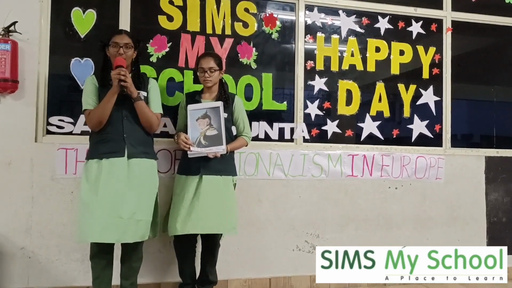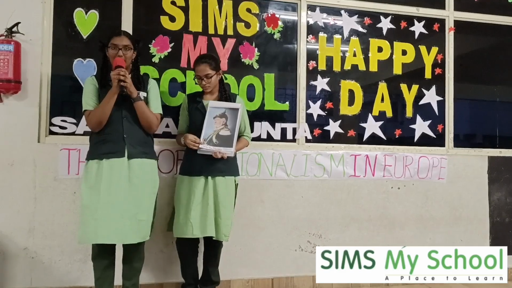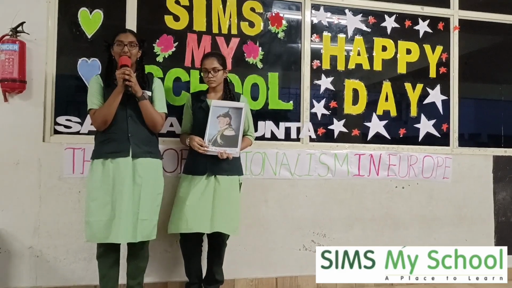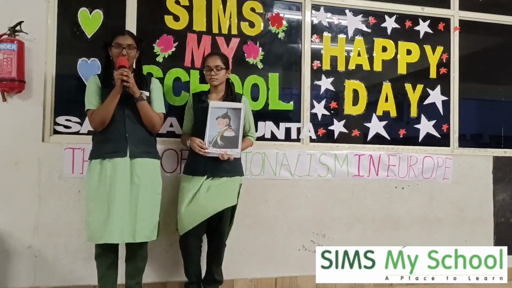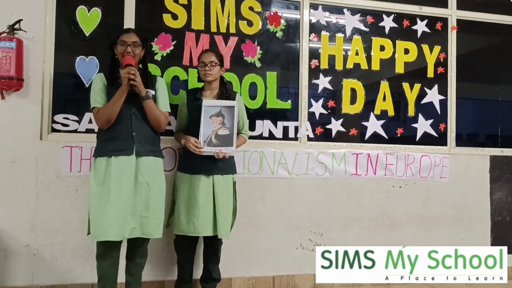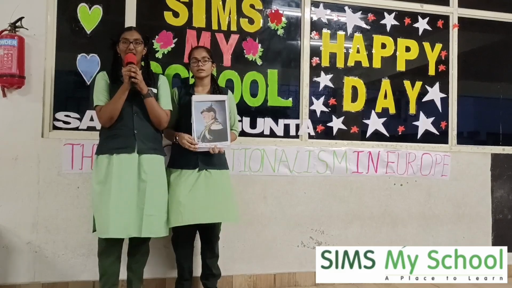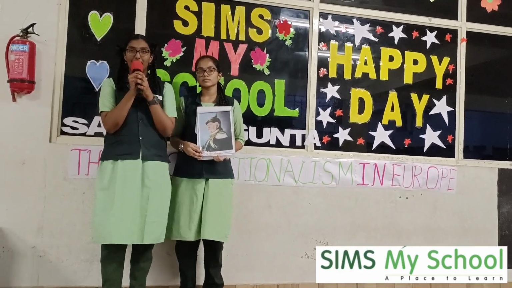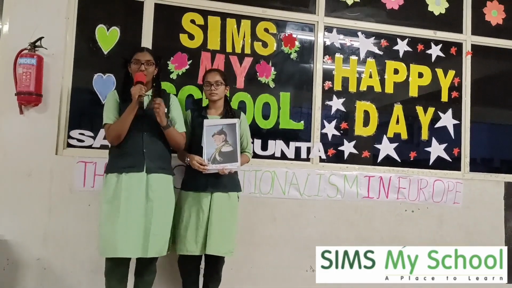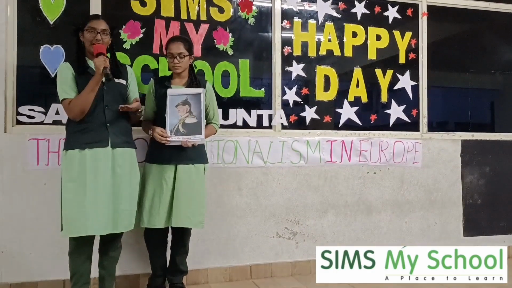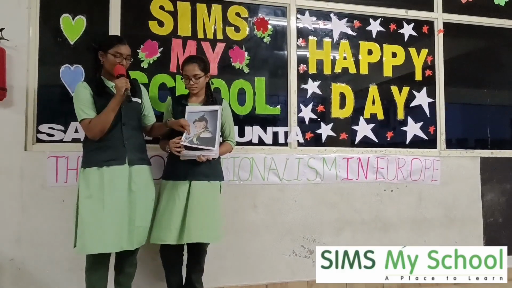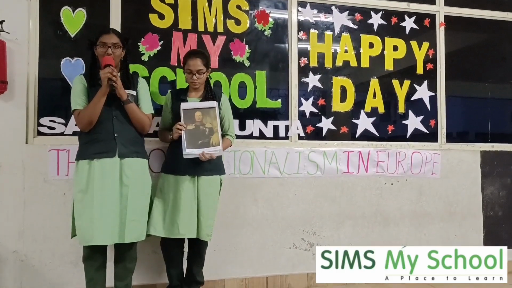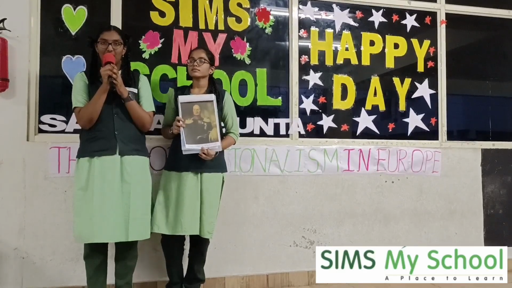In 1864, the first war was with Denmark. Prussia, along with Austria, had a war with Denmark. And in that war, Prussia got a major victory. In 1866, Austria and Prussia had a conflict between them over the territory taken from Denmark. Soon that conflict turned into a war between Prussia and Austria. Kaiser William I, the king of Prussia, also participated in all the wars and gave a major victory for the